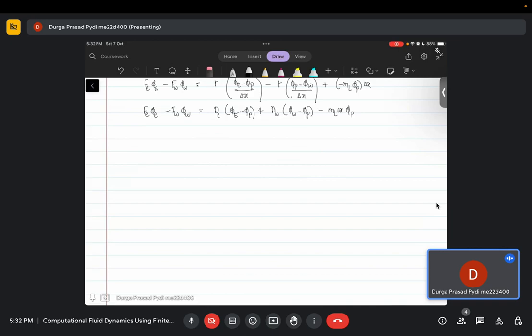Now the next step is to get these face values in terms of cell centroid values. For that we have to decide which scheme we are going to use, for the reasons that are already discussed in the lecture, which I am not going to repeat. So we will stick to UDS for our discussions, just because it gives you the physical results. And for UDS, how do we decide? So phi east